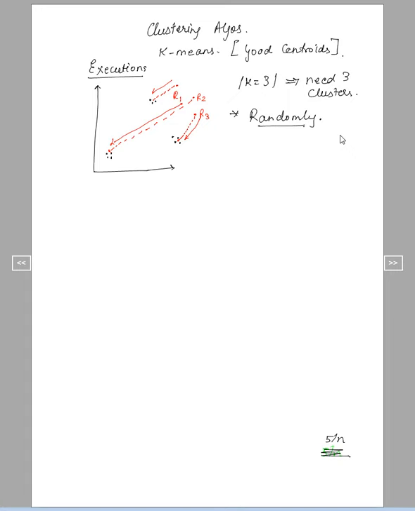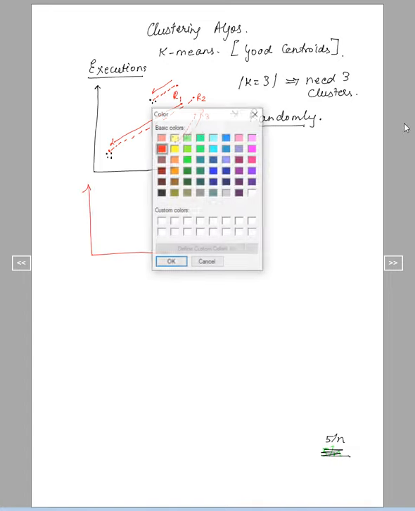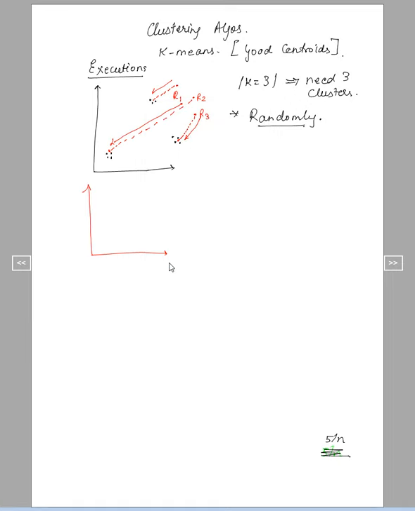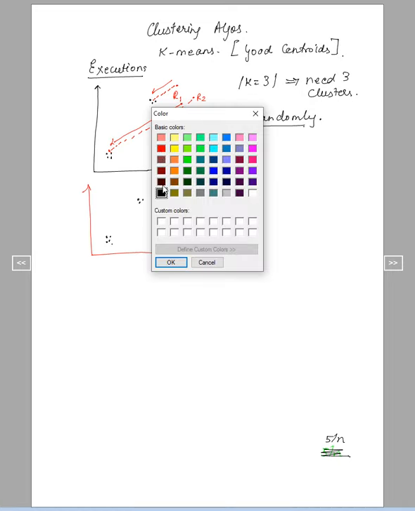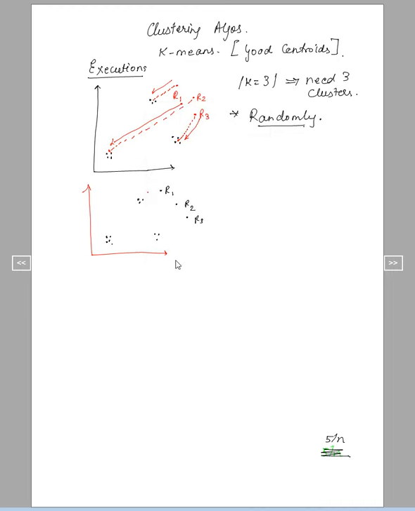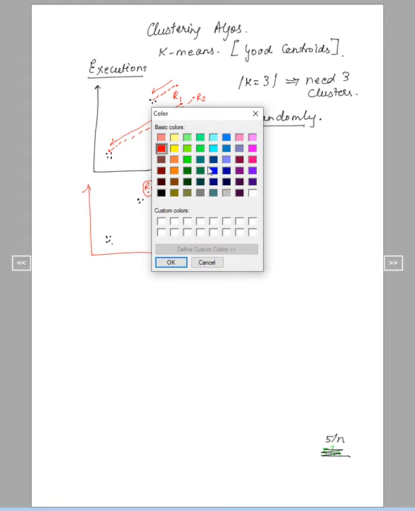For example, it may so happen that the algorithm behaves in this manner. Let me show it with the pen color. You have 3 clusters. Initially, we had the points R1, R2, R3. In the next iteration, we may have R1 moves here, R2 moves here, R3 moves here. And then in the next iteration,